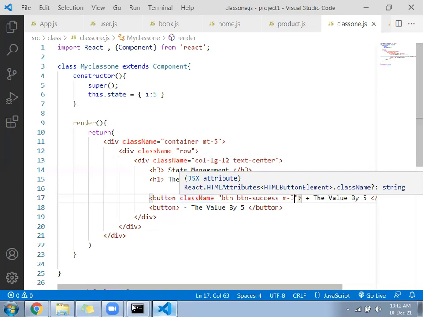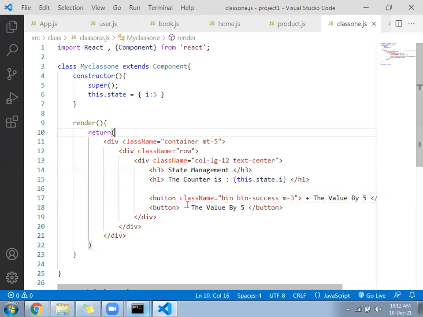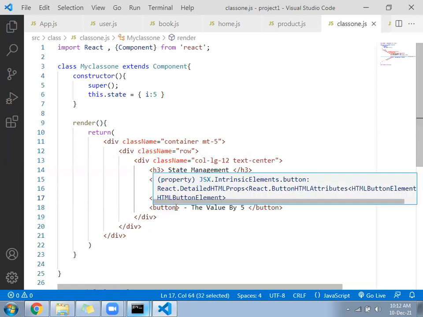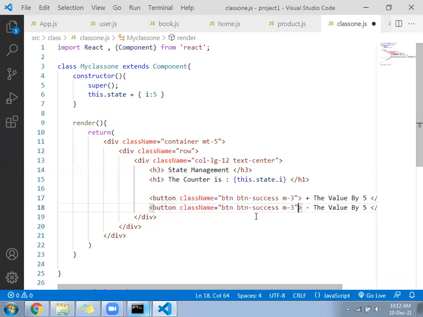Ready? Copy the same button class and apply it to the second button, using danger.